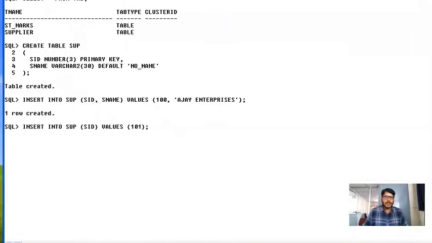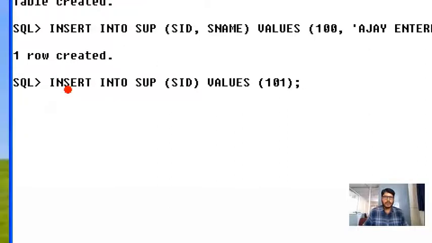I'm specifying the column name as SID, and for this column I want to insert a value, so the values keyword, and 101, because we have already stored 100 here, and for the next record I want to store 101. If you observe, I'm not storing a value for YesName. So in this case, what does it have to store? It has to store a blank value in place of YesName.